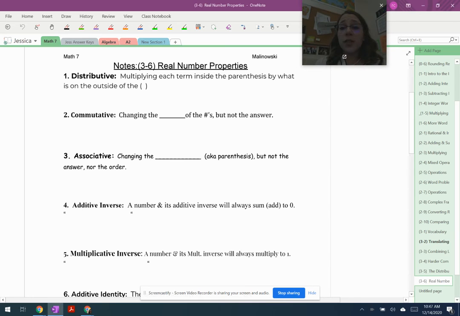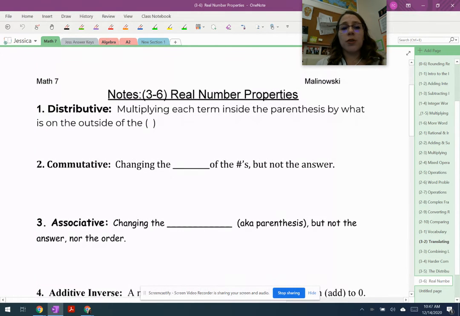Okay, so today we're going to look at some real number properties. This might seem like a lot, but a lot of these are things that you know already. You just might not have given this fancy name before. So the first property is actually the property that we looked at in our last lesson, which was the distributive